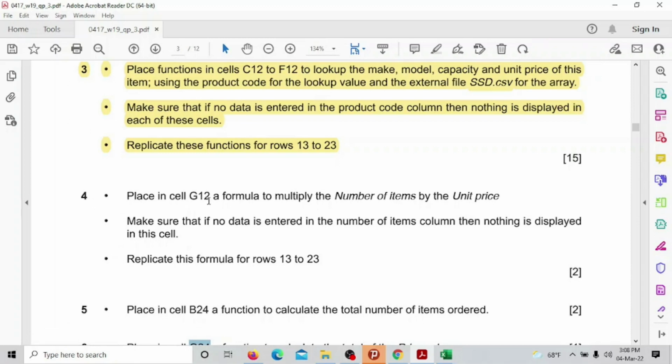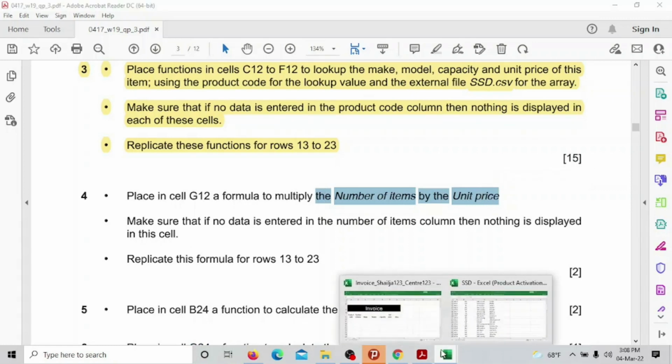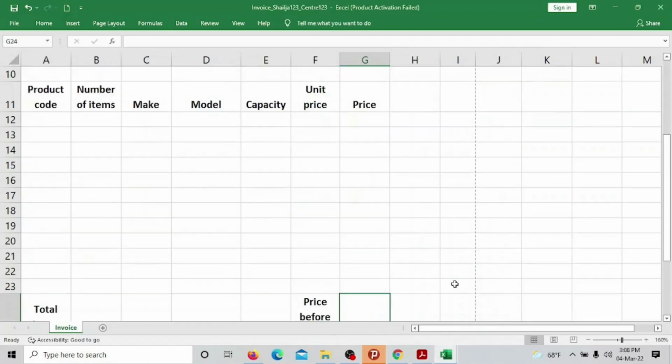We are doing Excel. Now we are in question 4. Place in cell G12 a formula to multiply the number of items by the unit price. Okay, so that's a price. Here G12, this is G12. We have the number of items over here, you see, this one, into unit price. Fine, so that's equal to